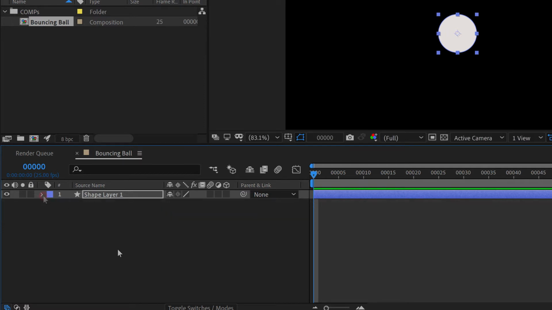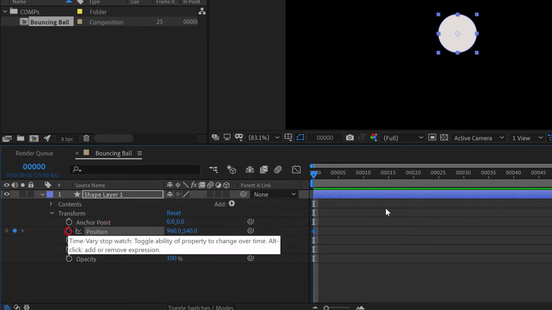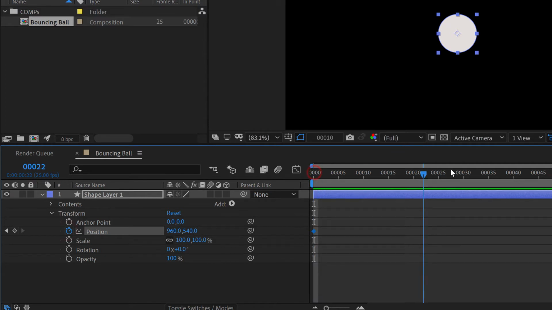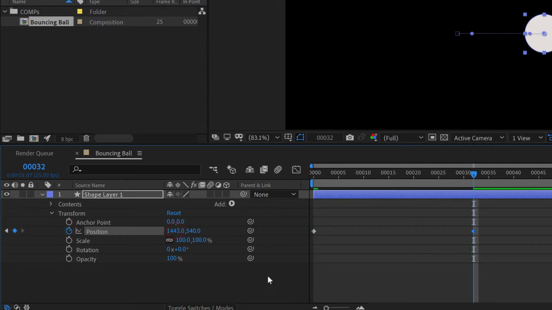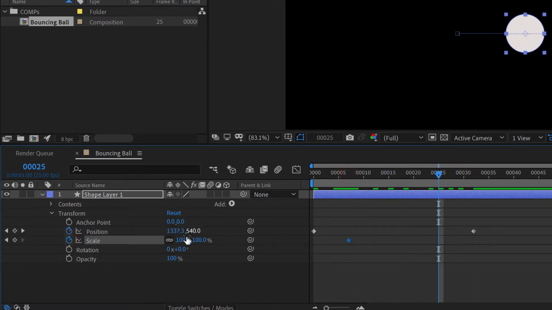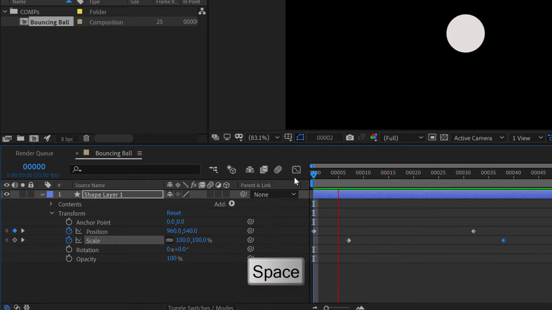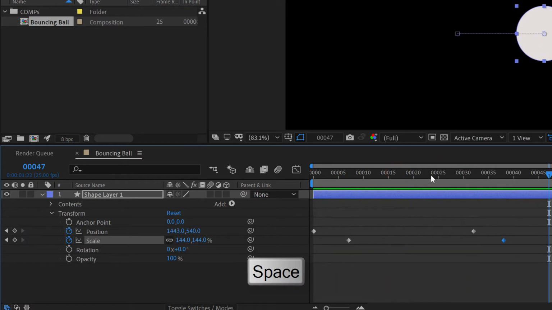To enable animation, we must click on the stopwatch next to the parameter. This action will create a keyframe that will allow us to control the animation of the values of a parameter. By animating a parameter, I can simply move on my timeline and change the values. The software will calculate both the spatial and temporal interpolation to generate the transformation in between. By pressing spacebar, I can review the animation quickly.